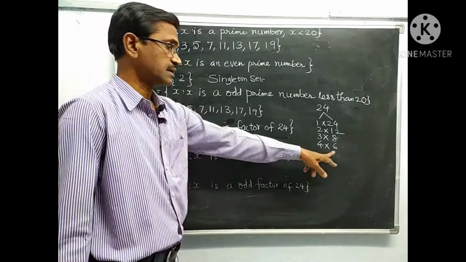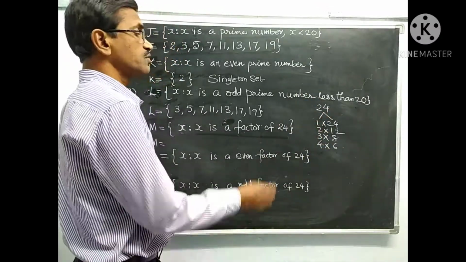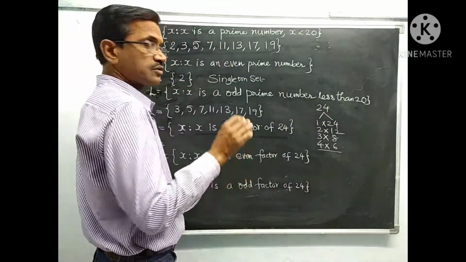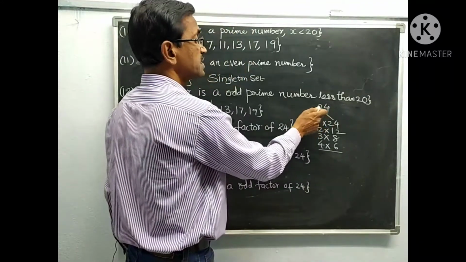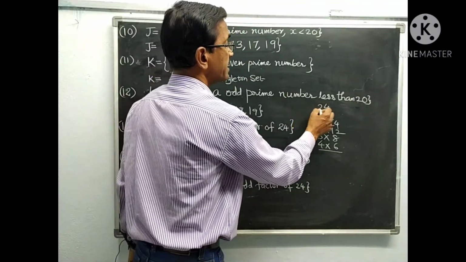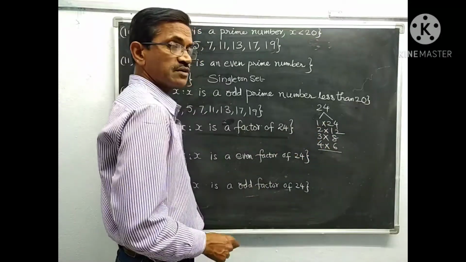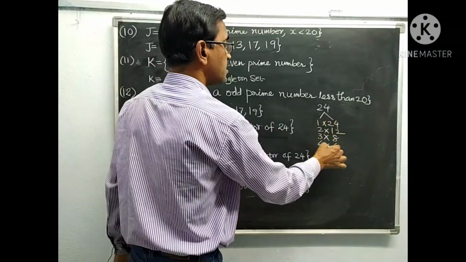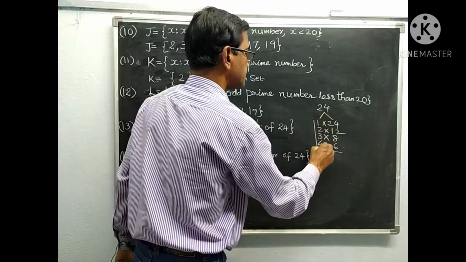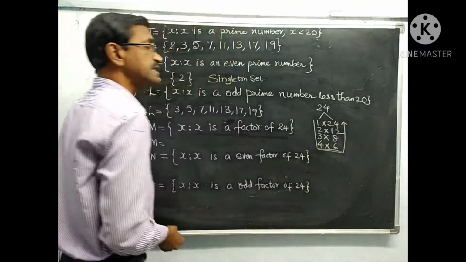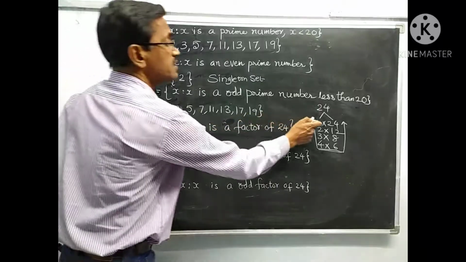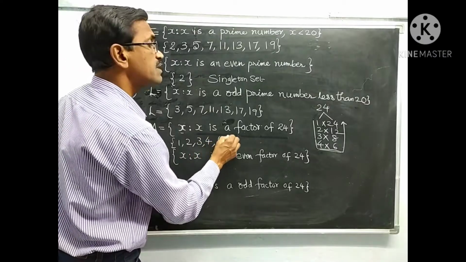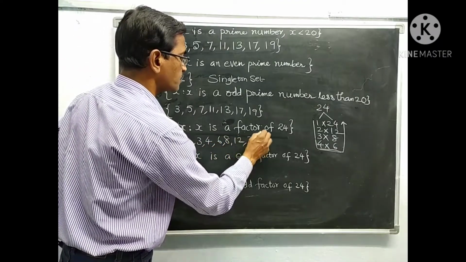Here 9 does not divide, enough, we do not need to go further. We can stop here because it is a 2-digit number. To find the factors, you have to check the division only by the numbers 1 to 9, no need to go further for 2-digit numbers. Now select all these numbers, these are all the factors of 24. Write like this: 1, 2, 3, 4, 6, 8, 12, 24. Over.